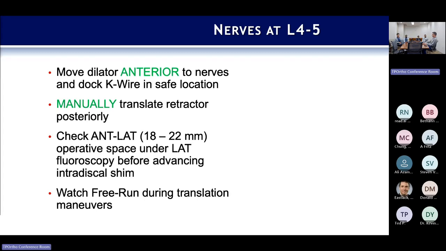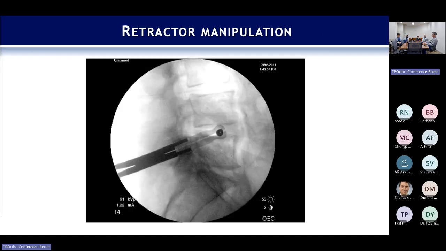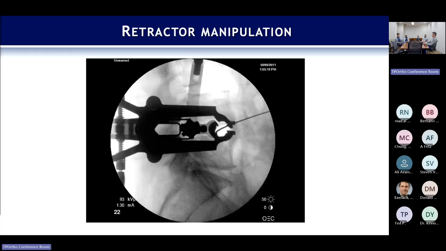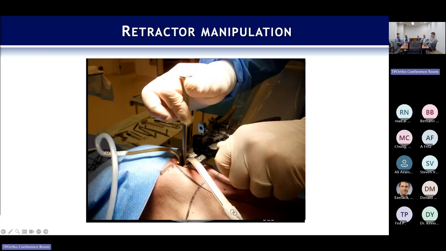And then obviously always want to watch the free run, and then now we use a lot of saphenous nerve to monitor the quad. So that's been some good studies looking at the saphenous nerve as being one of the keys to understanding your neural anatomy. So when it comes to retractor manipulation, we'll do this sometimes, usually pretty quickly, and it may be without you noticing that much that it's important. So you can see here we docked a little bit more anterior, and open it up a little bit, and then basically you're just,